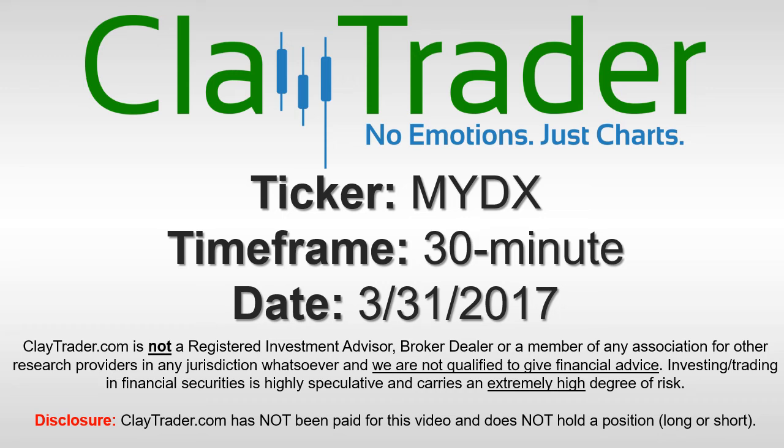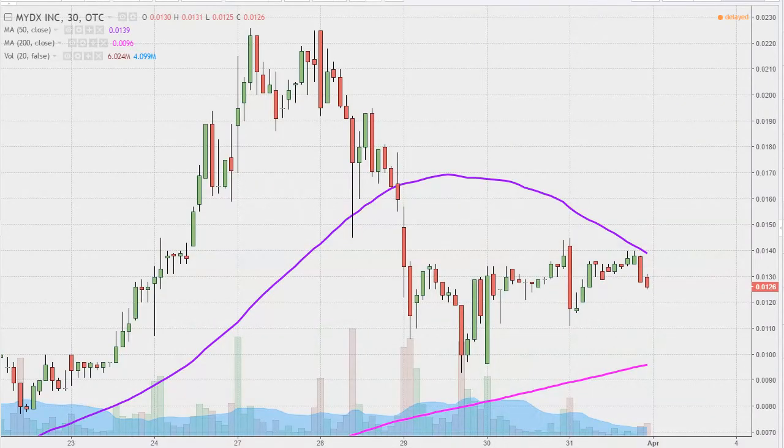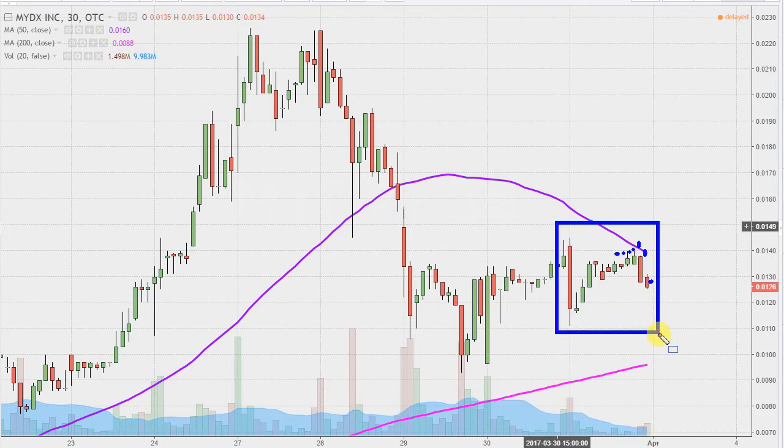We will take a look at the 30-minute time frame. Real quick, what do I mean by 30-minute, in case maybe you're new to charts? Instead of each one of these candlesticks here representing 1 day's worth of price action, which is what you would normally see, each one represents 30 minutes. So while this here may look like several days worth of time, it's actually just today's price action broken down